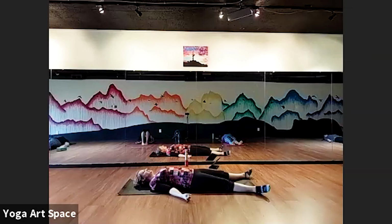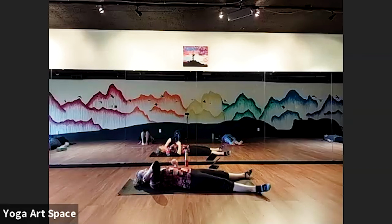Sometimes taking away a sense temporarily makes it so we're able to tune a little bit more deeply to what's going on inside. It's like less of a seeing and replicating type energy, and more of a feeling and being type of energy instead. So what we're going to play with in our class today is sensory withdrawal, or the Sanskrit word for that,